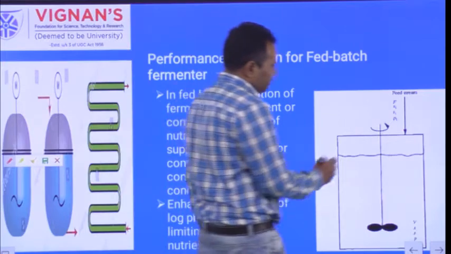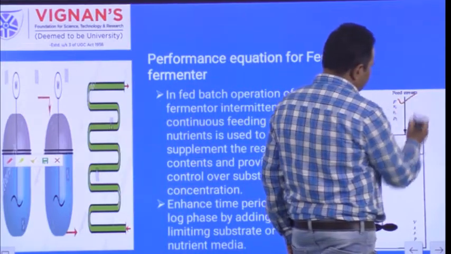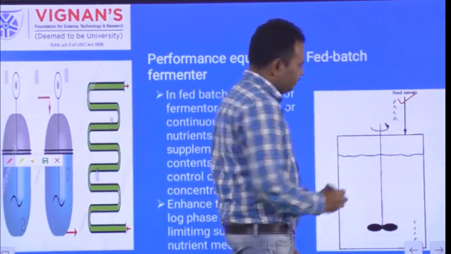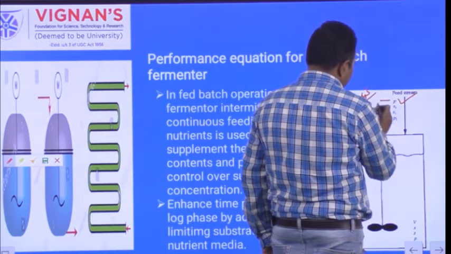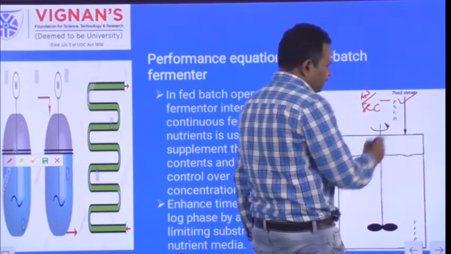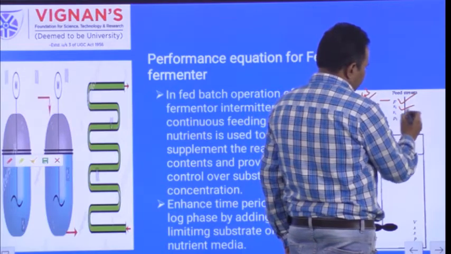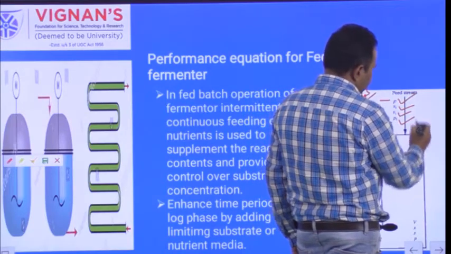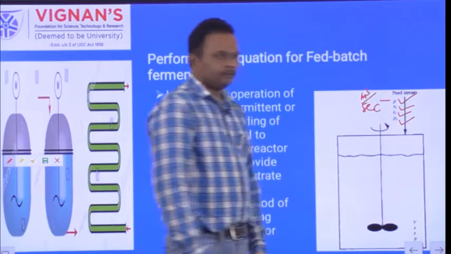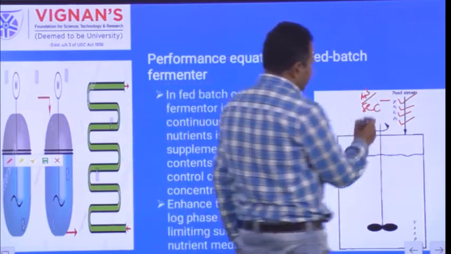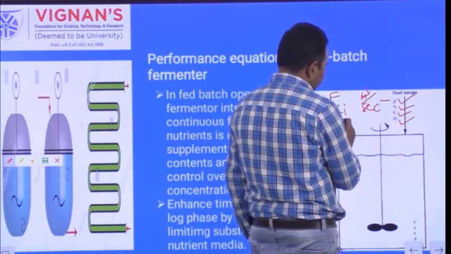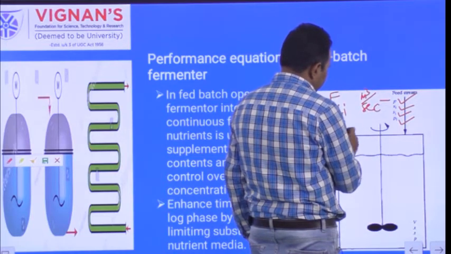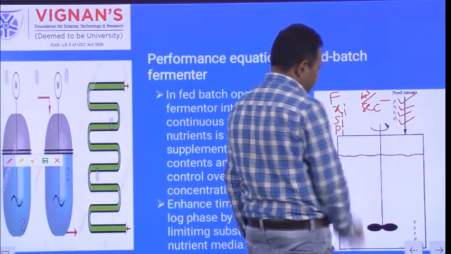These are the input conditions. F is the inlet volumetric feed rate, its units are meter per second. Xi is the initial cell concentration, Si the substrate concentration, and Pi the initial product concentration. So F is the inlet volumetric feed rate, X is the cell concentration within the input feed, Si the initial substrate concentration, and Pi the product concentration.